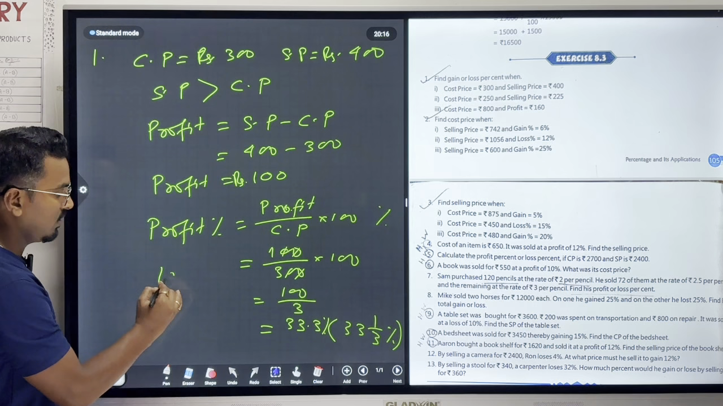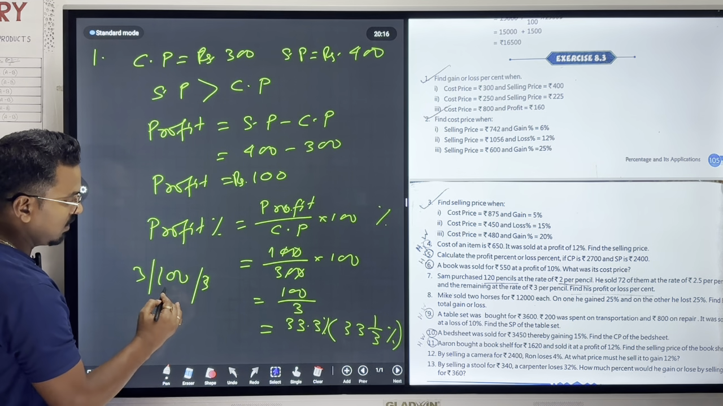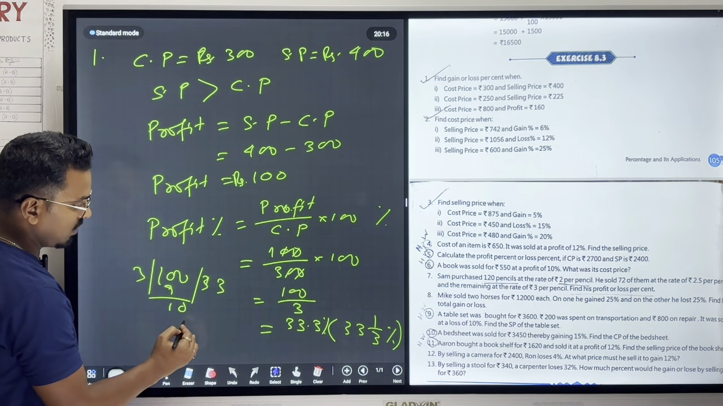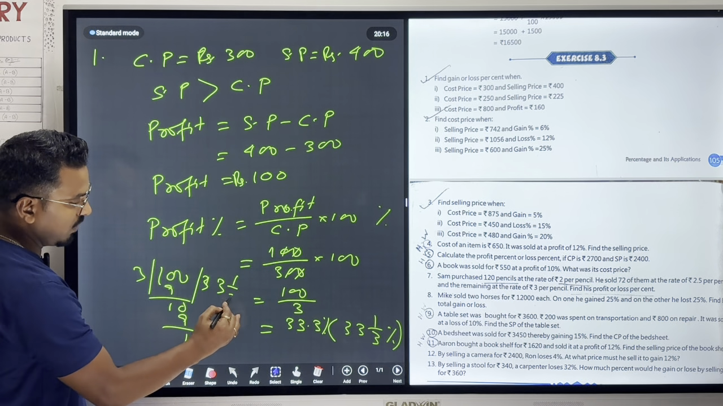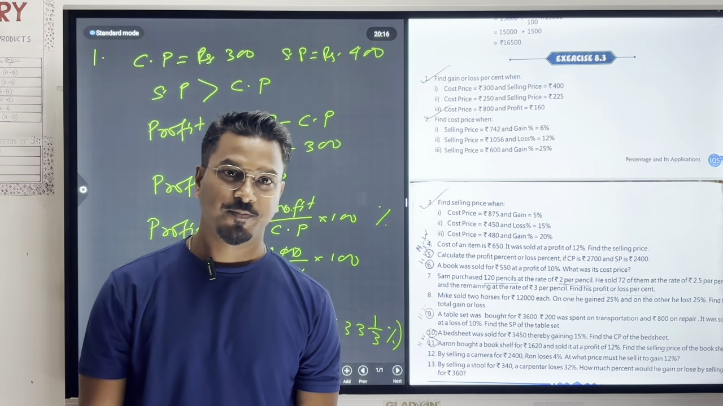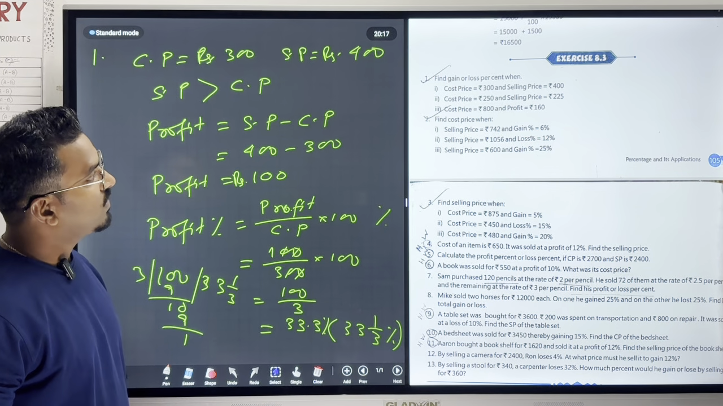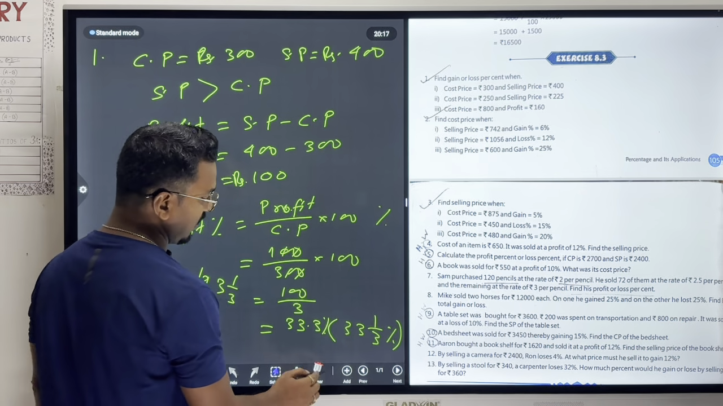See, if you divide it by 3, what will you get? 3 3s are 9, 1 0, 3 3s are 9, 1. So you can write 1 by 3 or 33.3%. Okay, clear? So next we have cost price is given 250 and the selling price is given